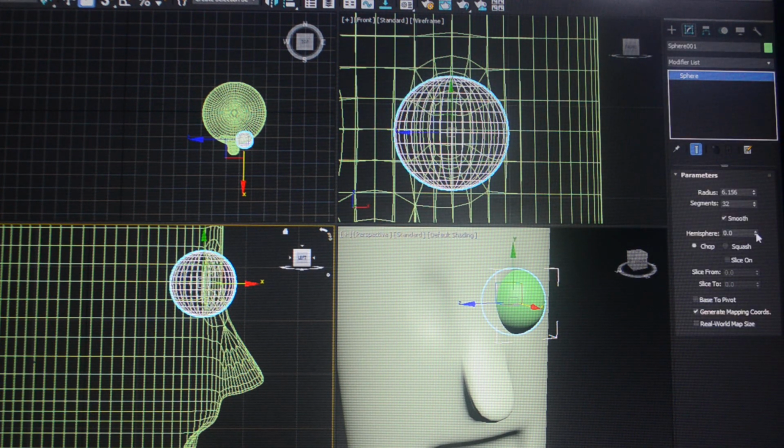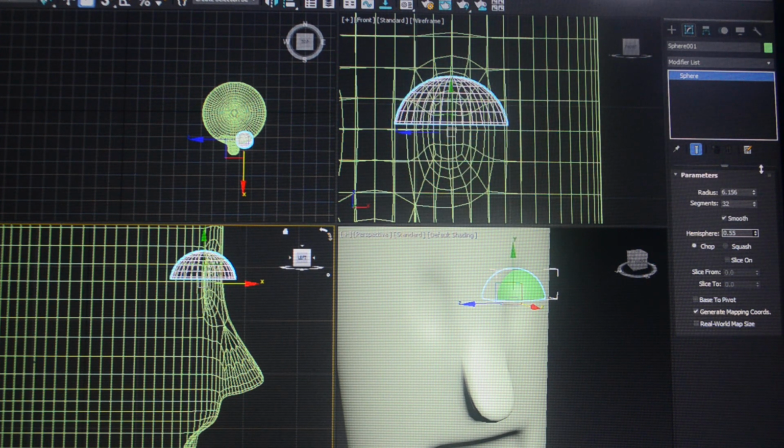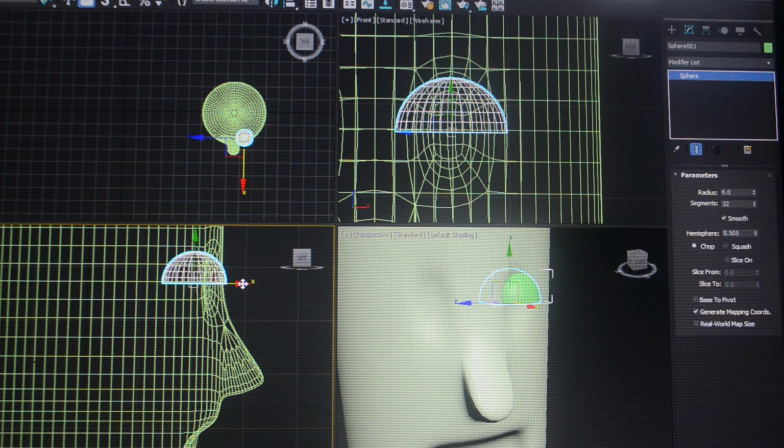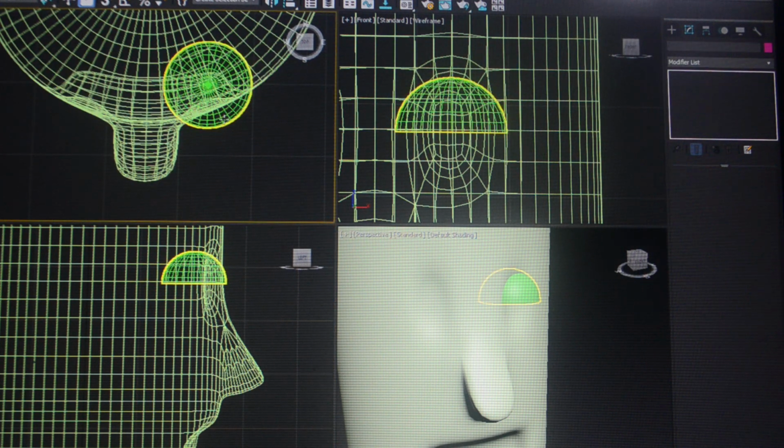We're going to use a hemisphere. And I'll make the radius 6. Let's move that back in a little bit more. Okay. And so what I'm going to do is go ahead and clone this